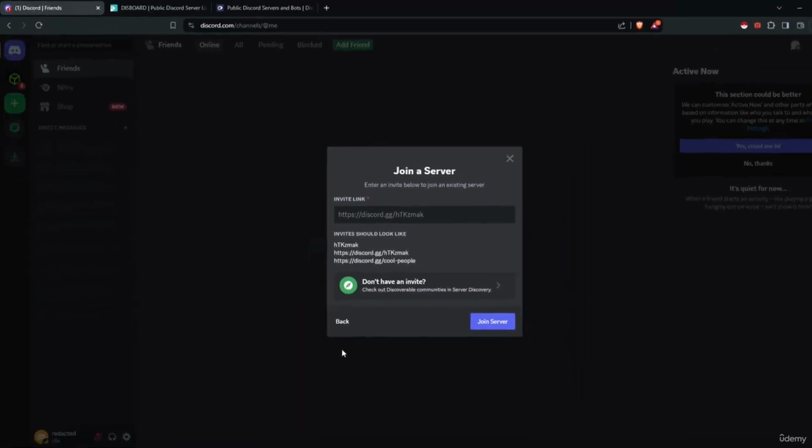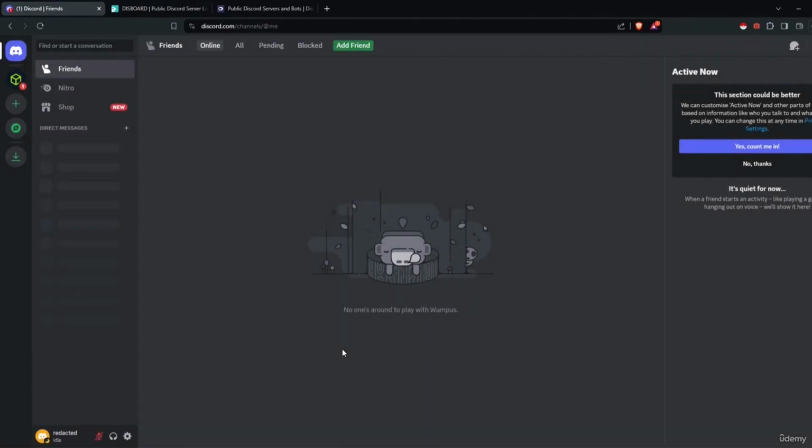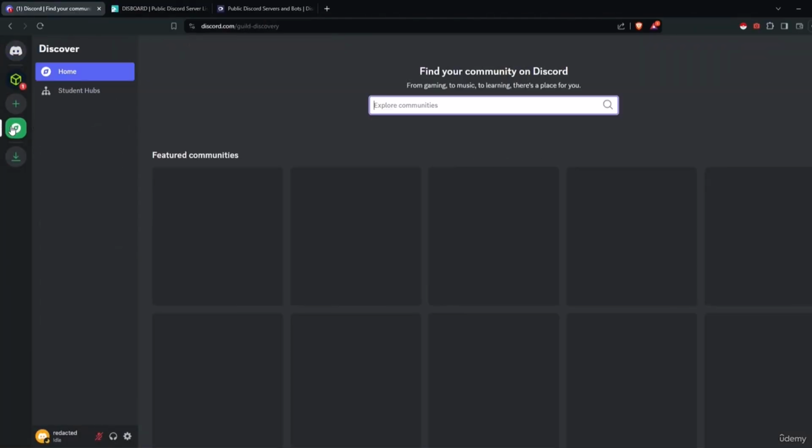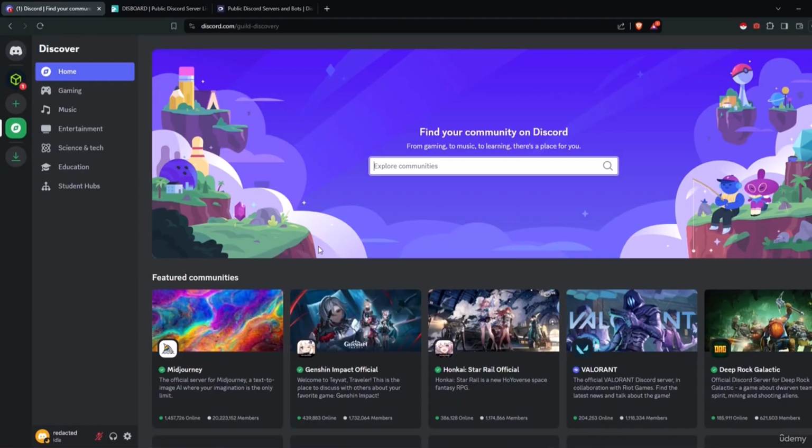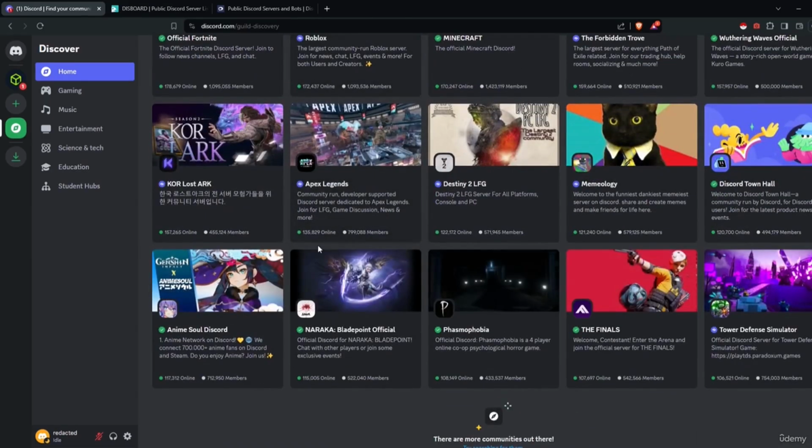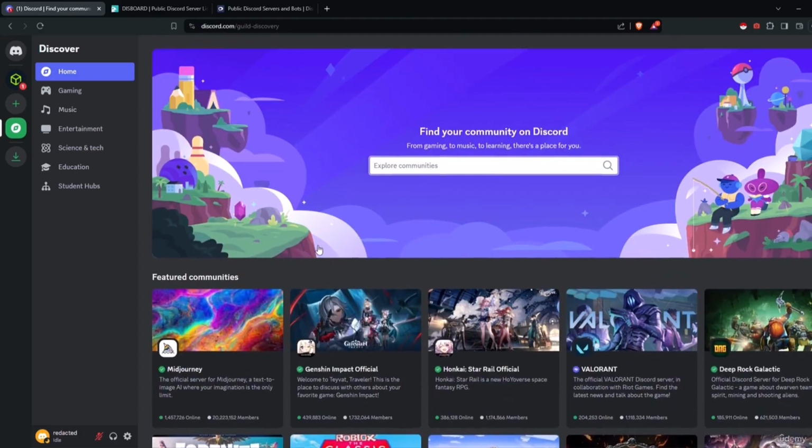There are a few ways to do that. The first one is if we click and we go to explore servers, there's quite a few community servers we can look for here. And if you keep scrolling down, you can see, depending on the community, for example, for some video games and so on, you can also search in the search bar, or there are 2 more options.